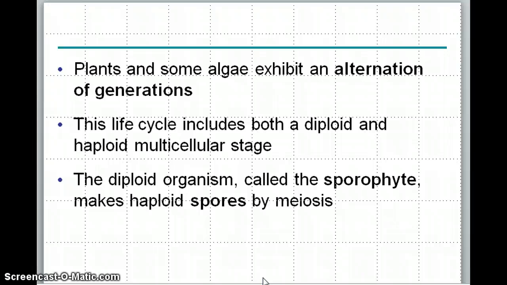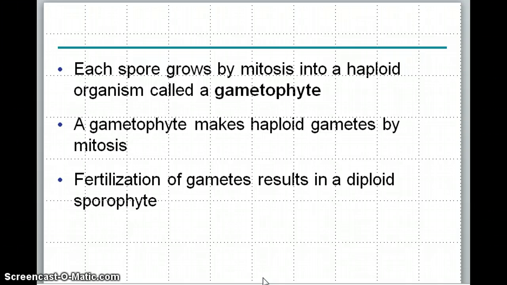This is a key difference between plants and algae and animals: animals have a unicellular haploid stage, whereas plants and algae have a multicellular haploid stage. Each spore grows by mitosis into a haploid organism called a gametophyte. A gametophyte makes haploid gametes by mitosis. Fertilization of gametes results in a